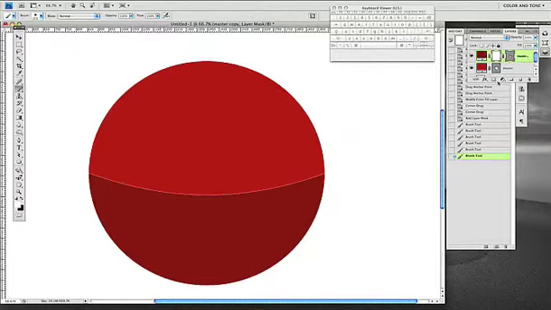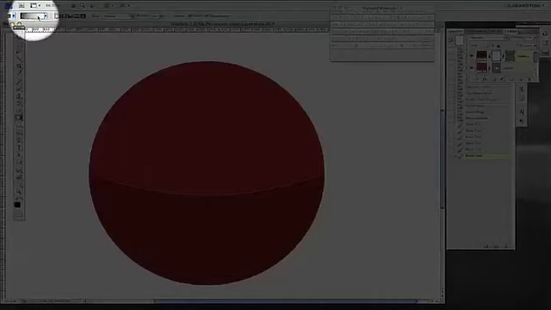It's really cool. So what we're going to do is we're going to get the gradient mask, and I want to make sure the black is in the foreground right up in here. And then also one important thing is this guy here defaults to foreground to background. So you're blending the foreground, which is black, into the background, which is white. If you double click on this,